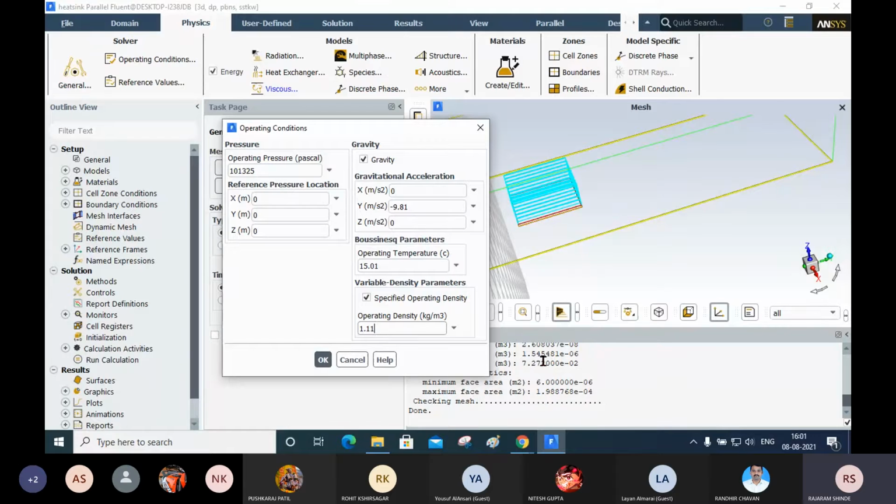Okay, now this operating condition I'm going to use. Here I have used the gravitational effect, and the operating density of the fluid I'm going to use as 1.11. You have to remember this. This is the operating condition of air. Okay, now I will click OK.